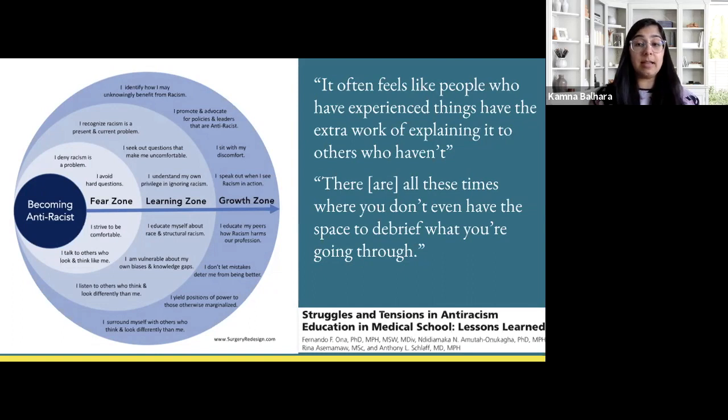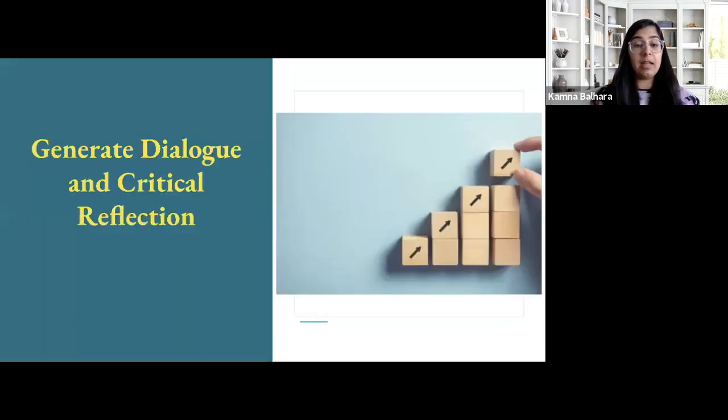So for instance, students of color thought it was important to not only have time to talk about the content and skills relevant to anti-racism, but also to create space for them to debrief and address the emotional burden of racism and talking about racism. So when designing and implementing such curricula, educators should respect that polyvocality and the existence of multiple struggles and consider building in debriefs or structured check-ins with the learners.